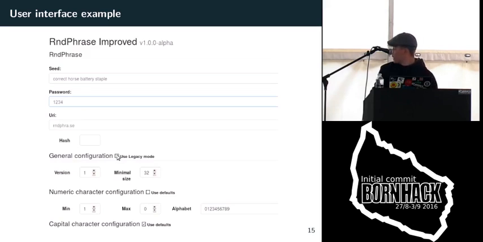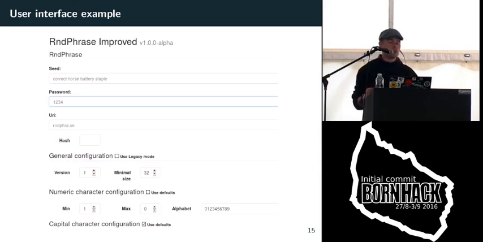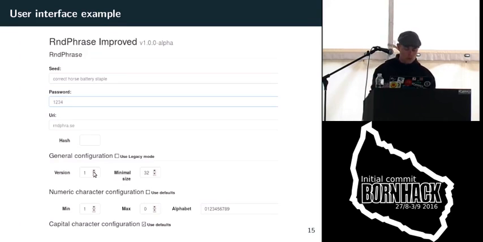There's a legacy mode button, which is just using the original R&D phrase implementation. It's just because Johan asked me to, and I think it's a very good idea. And so yeah, until this one reaches 1.00, actually, I'll be keeping this. This is the version button. You can just increment this. For instance, if you have to change your password every 30 days, you can just type in the day of the month or the month that we're in right now,